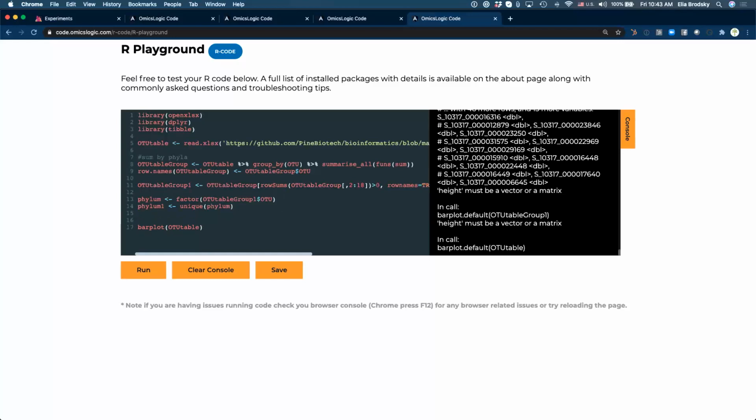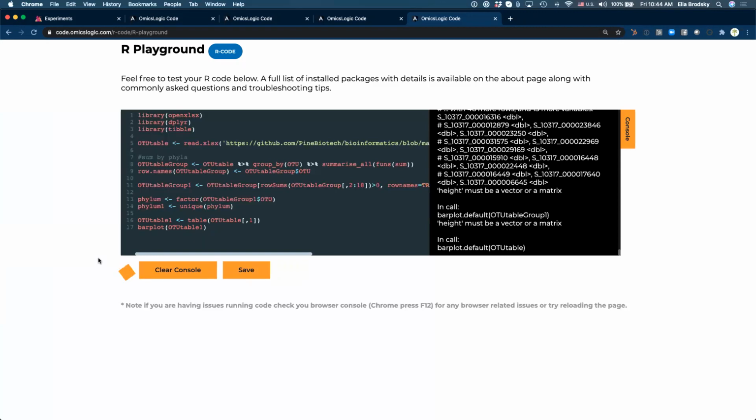So for example, if we want to take OTU table, we need to convert it to a table, removing, so let's do this, OTU table 1, and that's going to be table, OTU table, and then just take the first column, right? So this right here will give us any sample that we want.